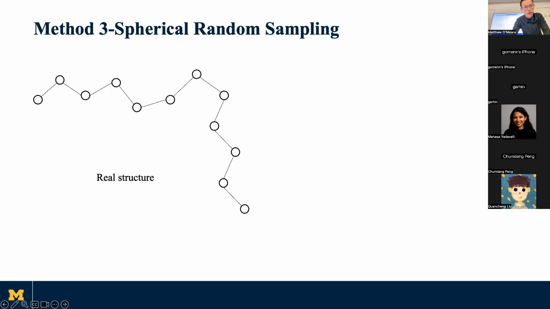And here is the third method, spherical random sampling. Spherical random sampling means I will generate a residue based on the edge of existing structures. It will set the mass center of this residue and the spherical center, and I will put new residues onto the spherical surface. For the first round, they will put these three residues, and the next round, we can fully reconstruct the